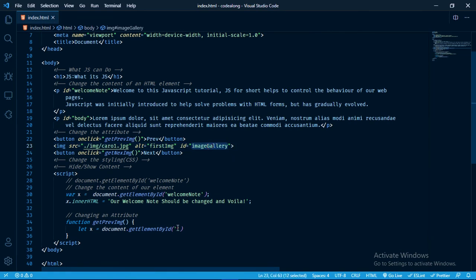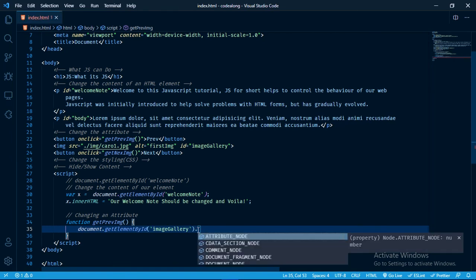Image gallery. You can also change the document to get element by ID instead of splitting it off. I could eventually remove these and remove the left X and let's say dot. So we can use dot to change our method. So dot sort